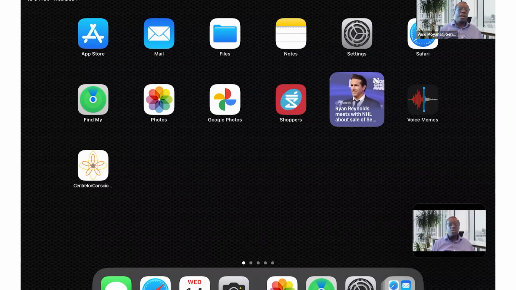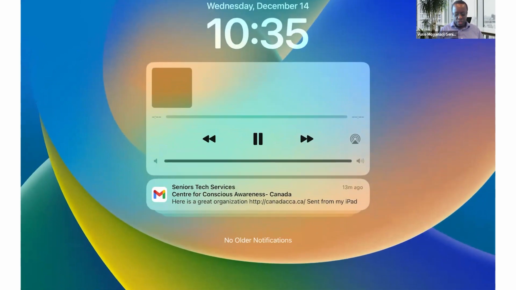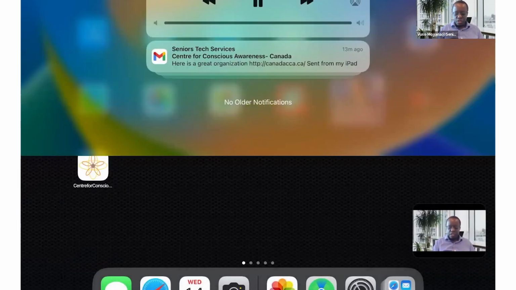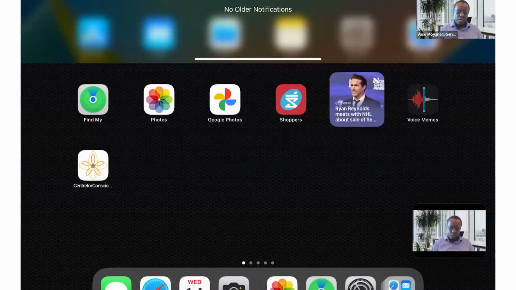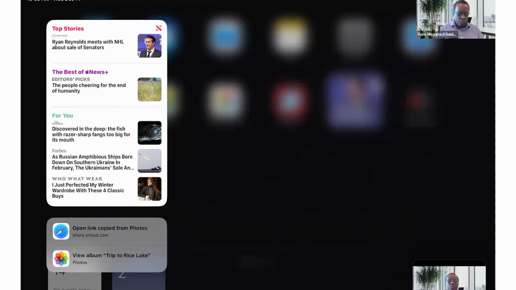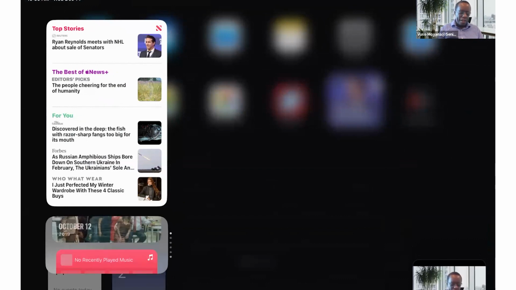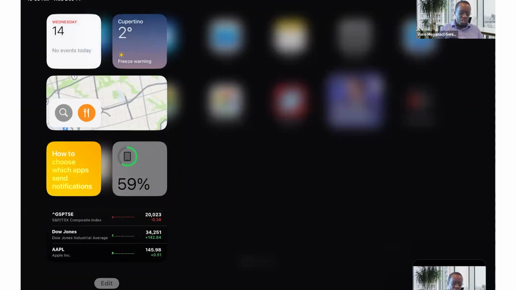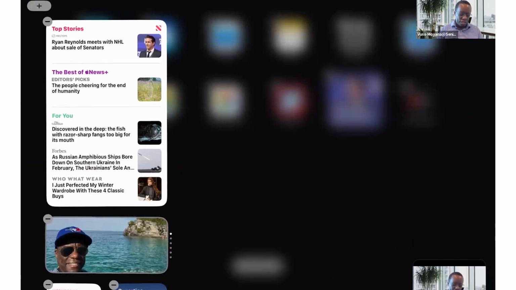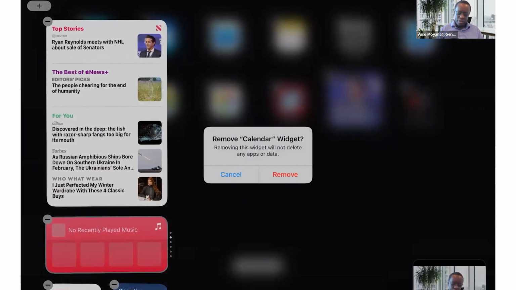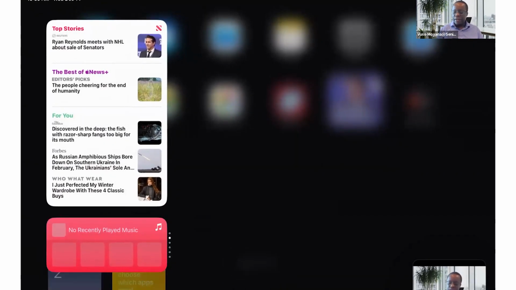Lastly, let us look at Control Center. We know that on our iPad, we can scroll down, and then we can see notifications. So in this case, we've got emails that are coming in. We've got different notifications. We can scroll over from our left to the right, and we will see this section here, which has different widgets, which you can edit by just pressing edit at the bottom. And when you tap on edit, you can also delete the widgets that you don't need. And of course,